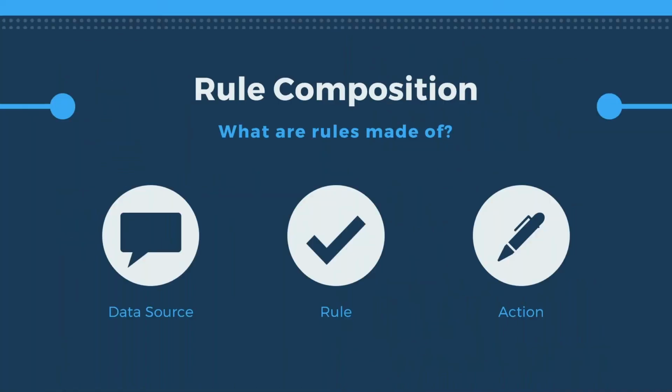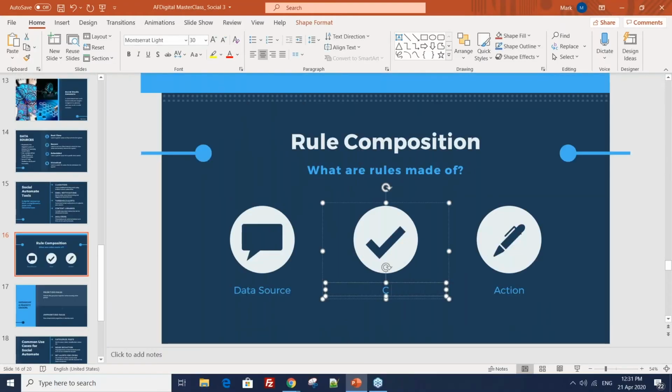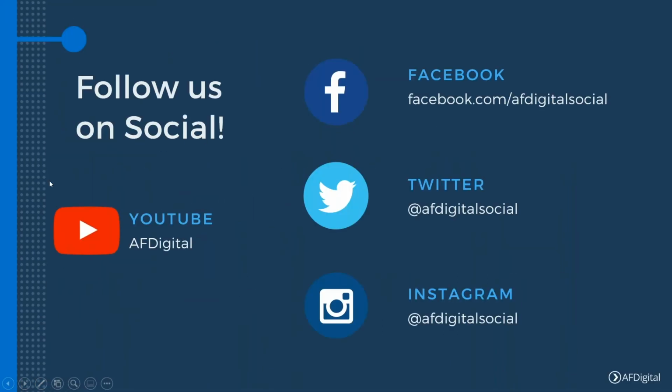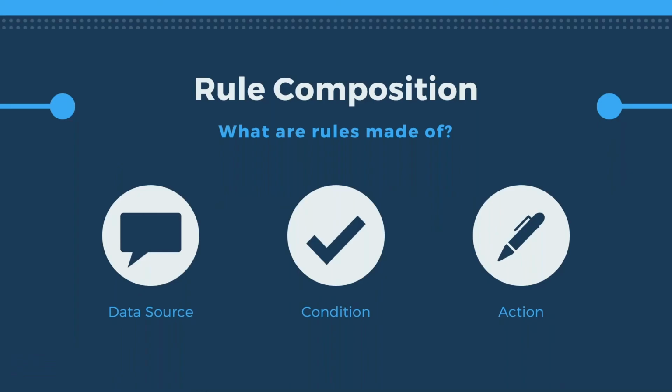So the basic composition of a rule is obviously it needs to have a data source or a set of posts that it can apply its rules and actions to. It's composed of a condition. This should be a condition. Let's change that now. And also an action. So let's try actually creating a rule,